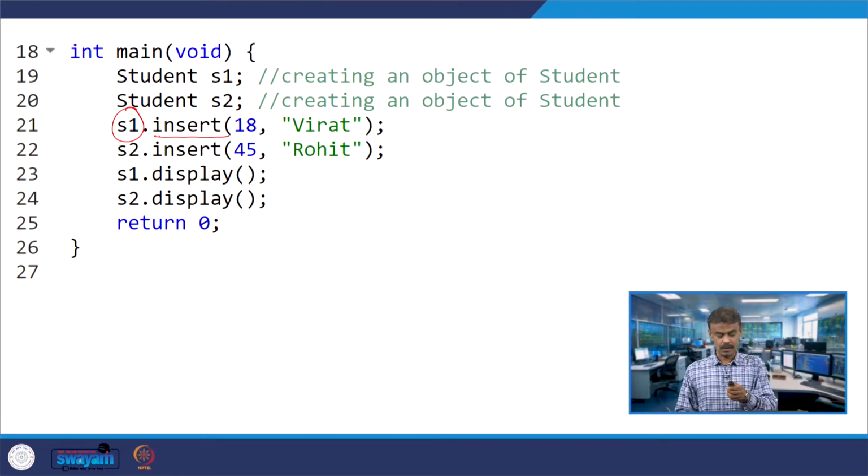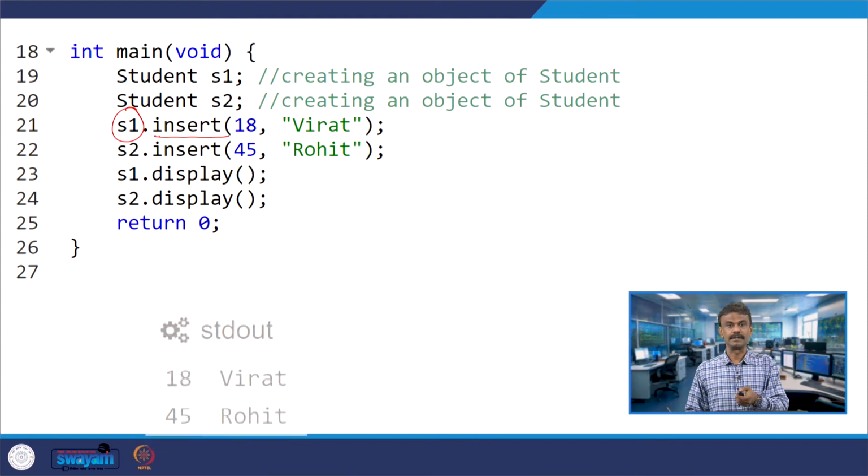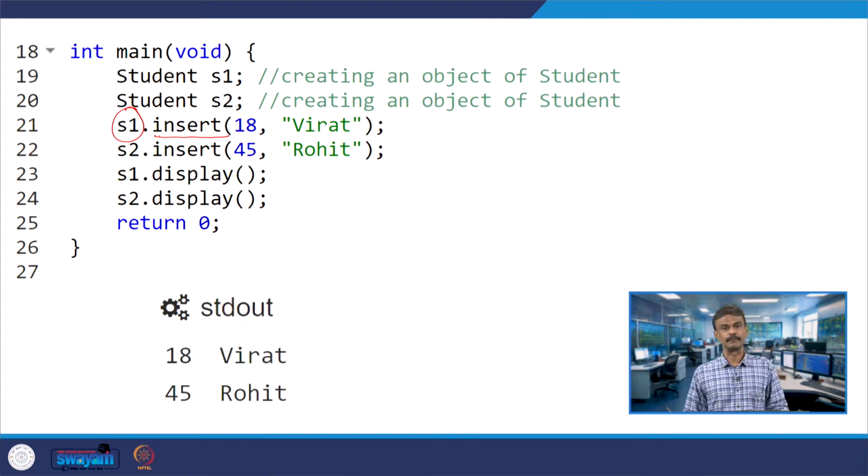When we run the code, we will get these two outputs: 18 Virat, 45 Rohit.